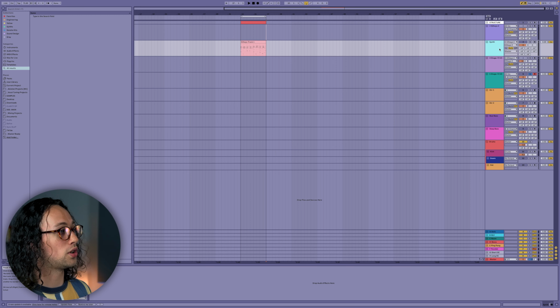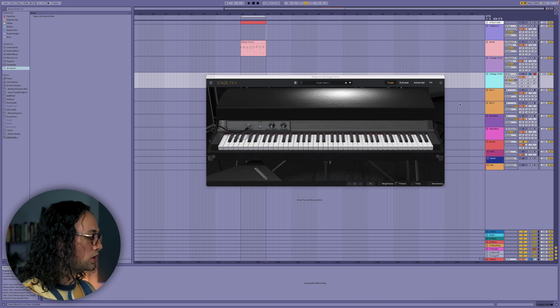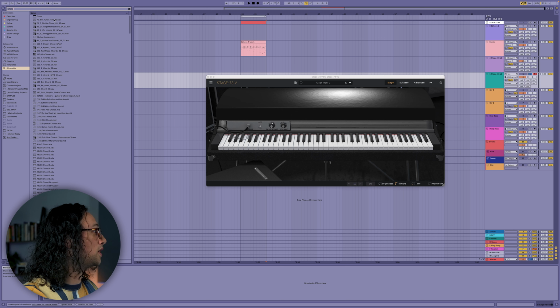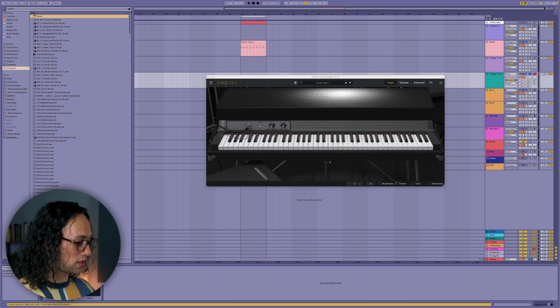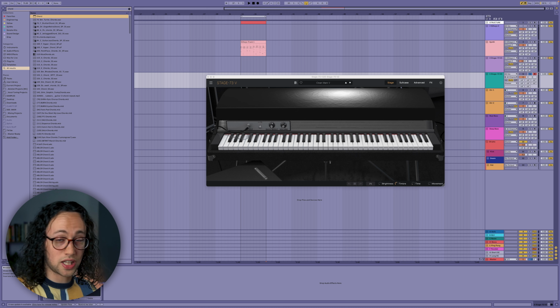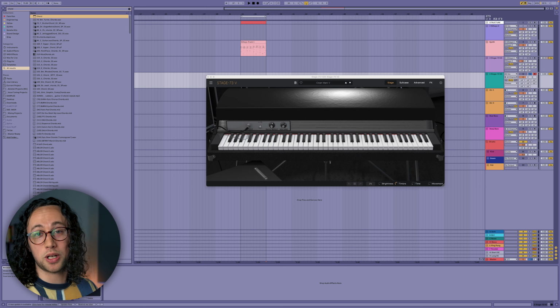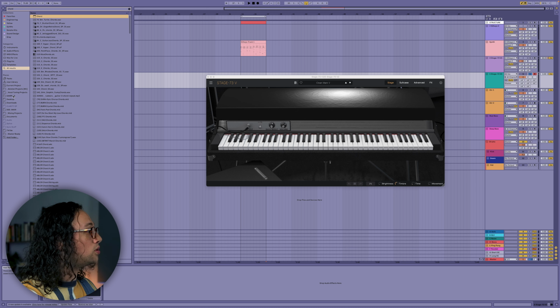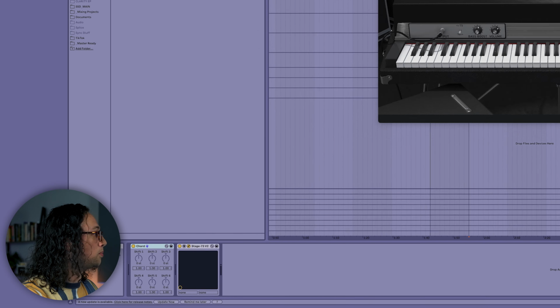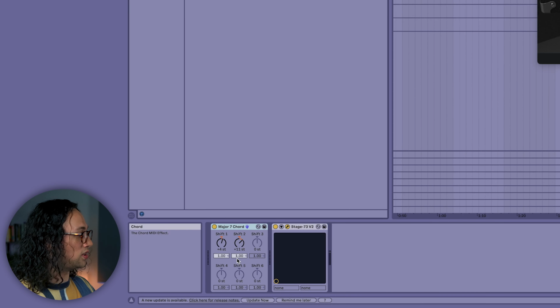Now, I also want to give you guys a couple of tips as an alternative to EZKeys, and you can actually do a lot within the DAW itself. So if you work in Ableton, for example, you can use what's called the Chord MIDI device, and that will basically shift the notes from whatever key you pressed up or down, however many semitones you want. So if we go to MIDI effects and we go to Major 7 chord here and use that as a preset now,